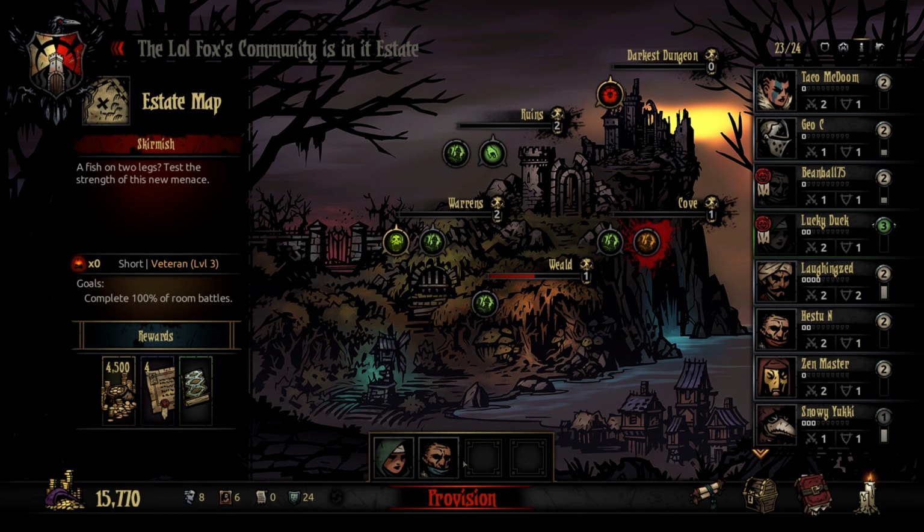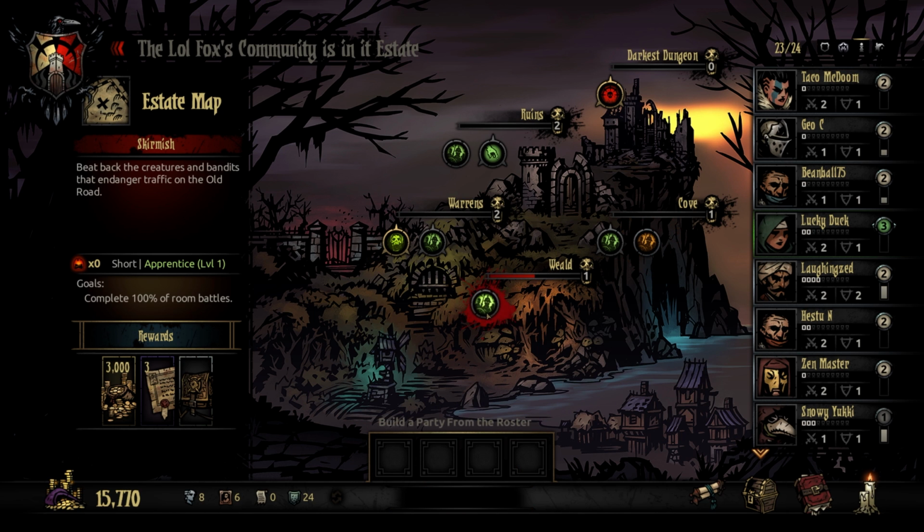Let me show you what I'm talking about. So, if I try to do some low-level mission, like this one here, a green mission,